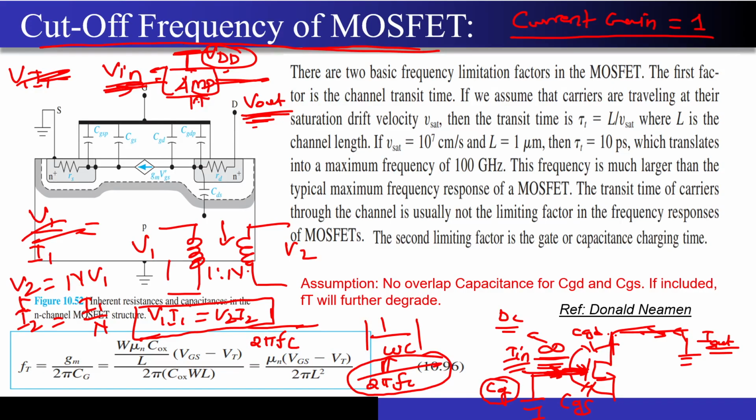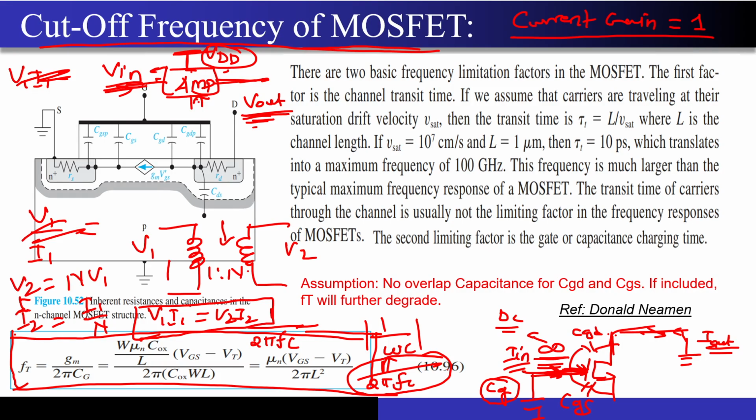I hope it is very much clear. Now I'm not going into the derivations of this because this involves modeling the MOSFET in a small signal model. After the derivation, you will get an equation like this. If you are not familiar, don't worry about it. Just see what I am teaching over here.